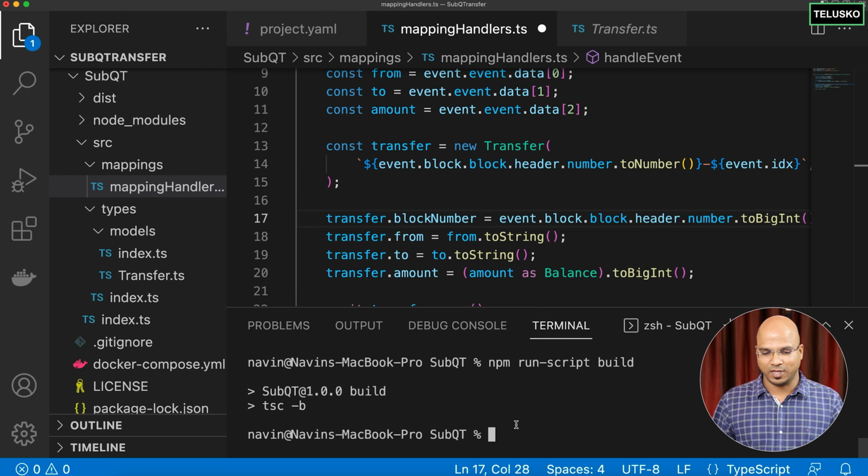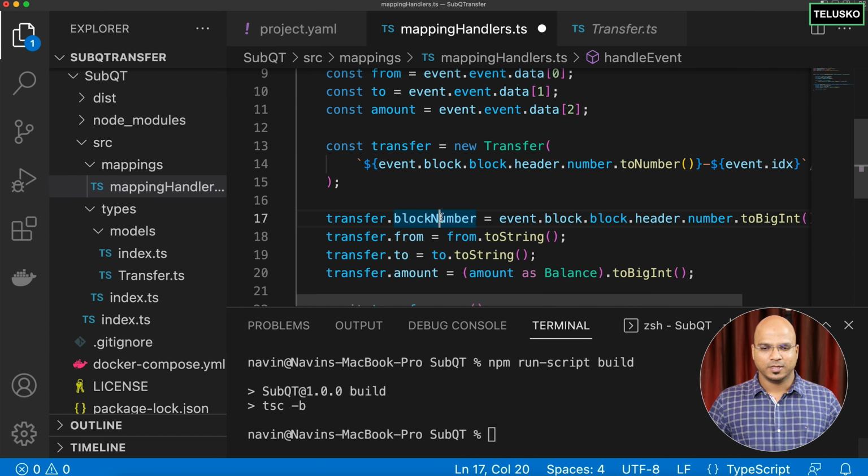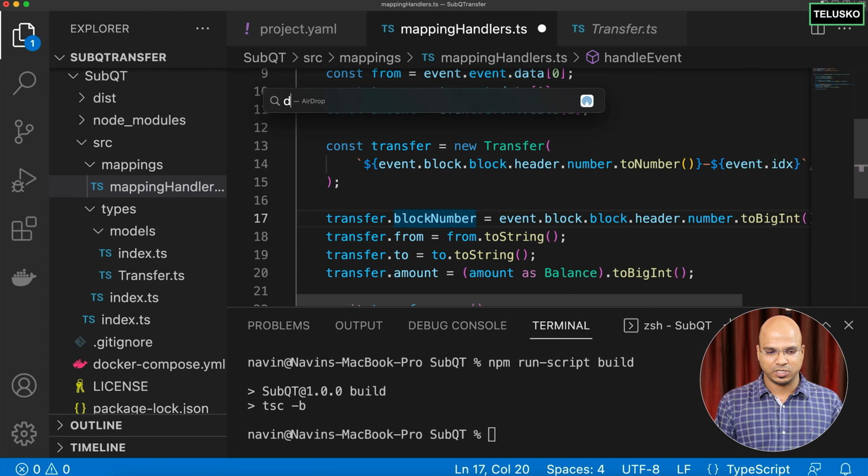There's no error. First time, when I was doing this, it finally worked on the first instance itself. Great. Now, once it is built, it's time to run this code. So how do we run this? Before you run this code, you have to make sure that your Docker service is running. And as of now, in my machine, Docker is not running.